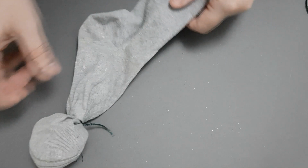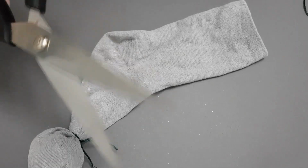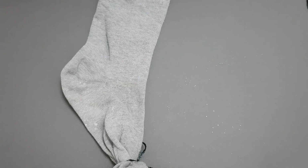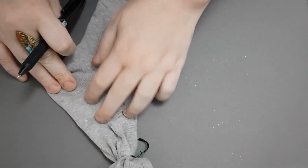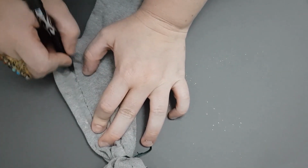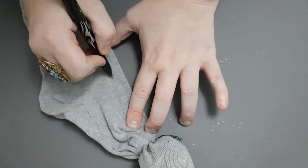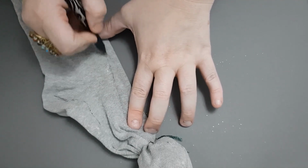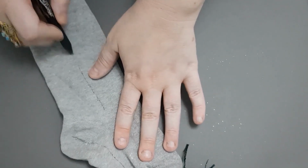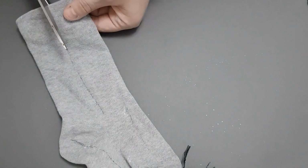Alright. So now we've got a very funny shape. What are we going to do next, guys? Right, scissors. We need to make his arms and his body. So, I don't know if this pen's going to show up on here, but we're going to cut across the sock. It's showing up a little bit. And down to make the legs. So there you go. So if we get snipping those,